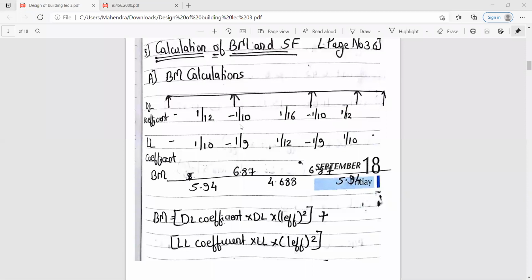See whether all of you are getting the same bending moment values or not.